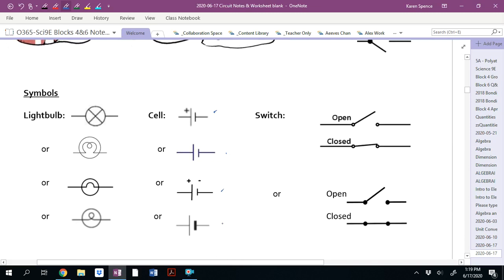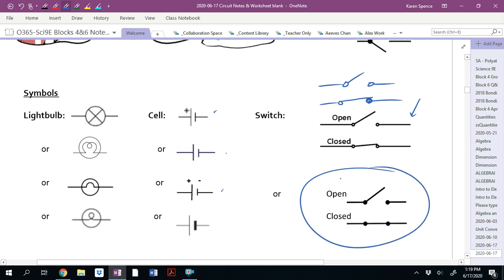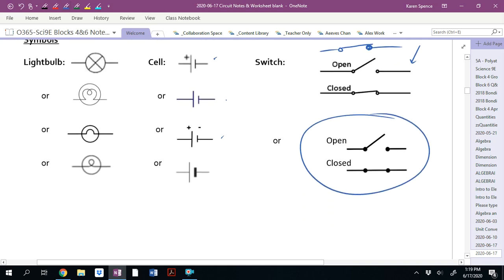switch. There are a couple ways of doing it. You can show it like this with the little open circles, and then you can close it, and when it's closed, it's resting on top of that. That to me seems like a lot of work. That's hard to draw. So I have a tendency to use this one here, because